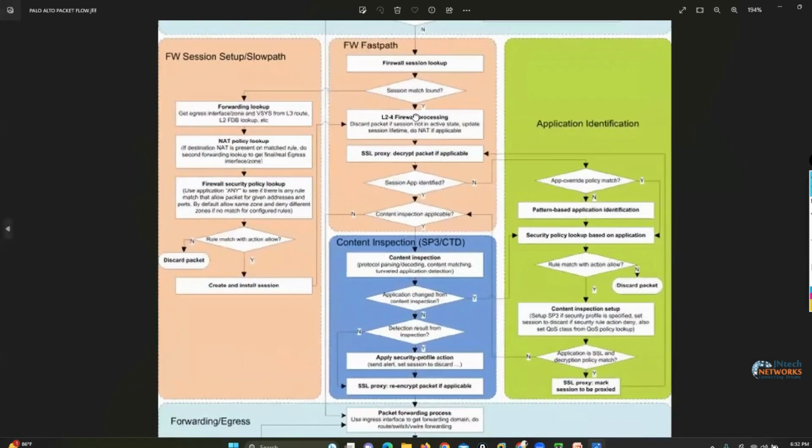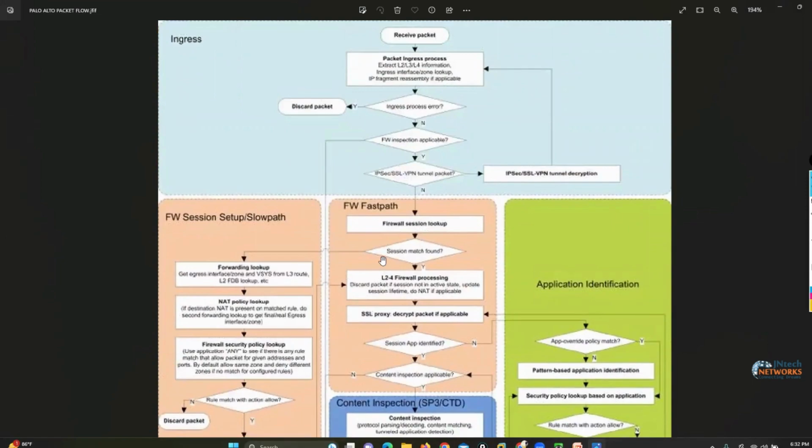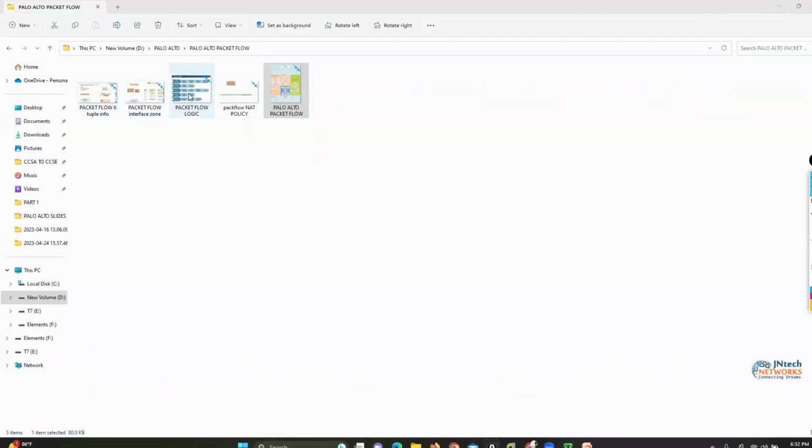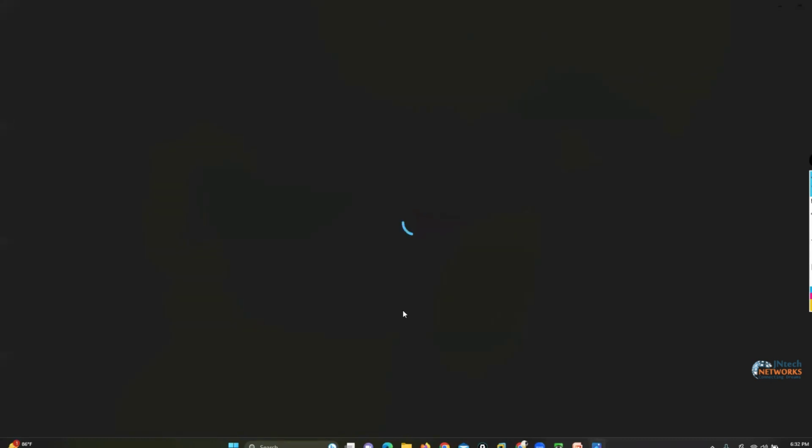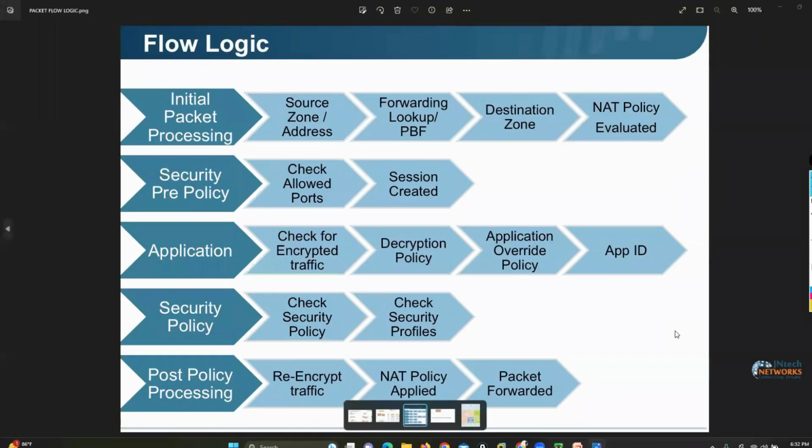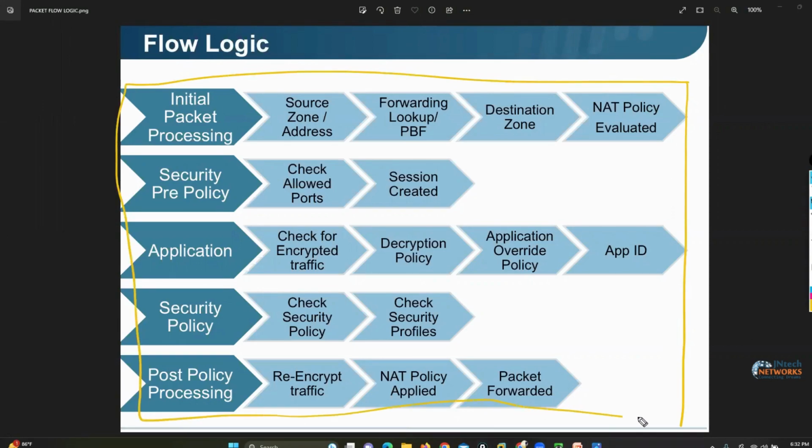So this is the complete packet flow diagram for Palo Alto Firewall. How traffic is traveling, what is the slow path concept, what is the fast path concept. We'll discuss both options, but right now I'm giving you the basic idea about the packet flow. So see how traffic is traveling through the Palo Alto firewall box. For example, this is the complete firewall device, and if any traffic is going to hit onto the ingress interface,